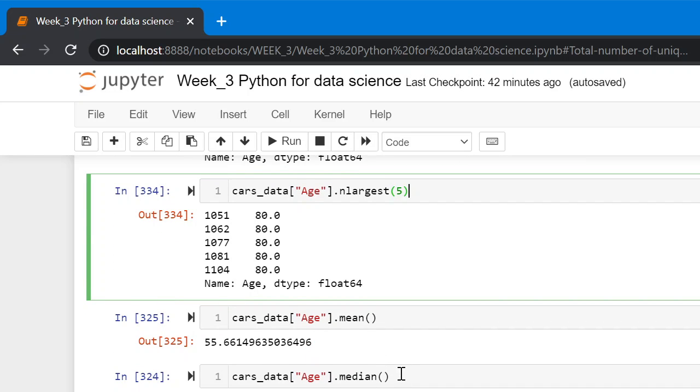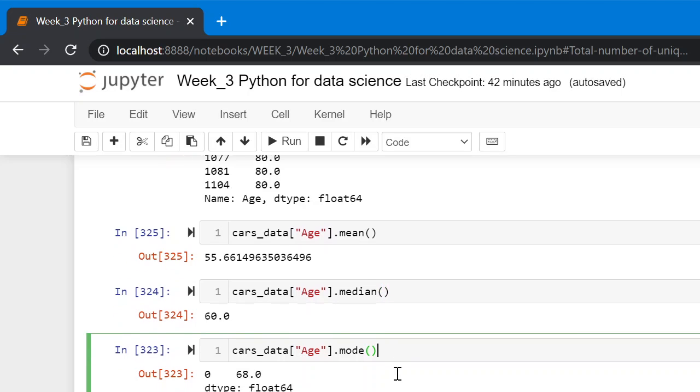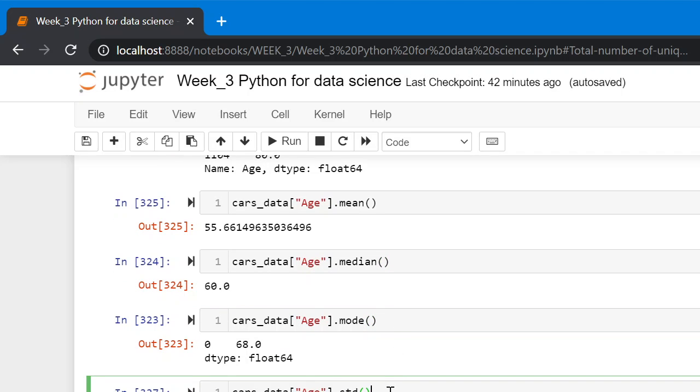Mean method, median, mode, and dot std is for standard deviation.